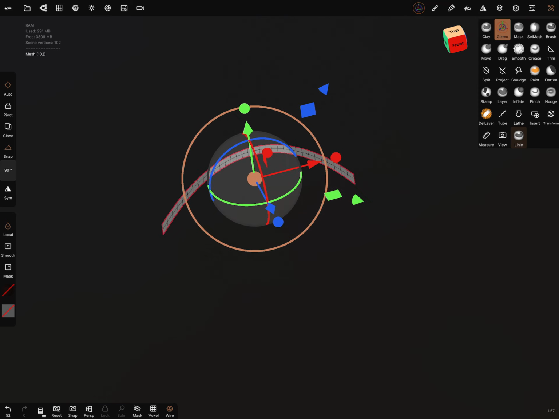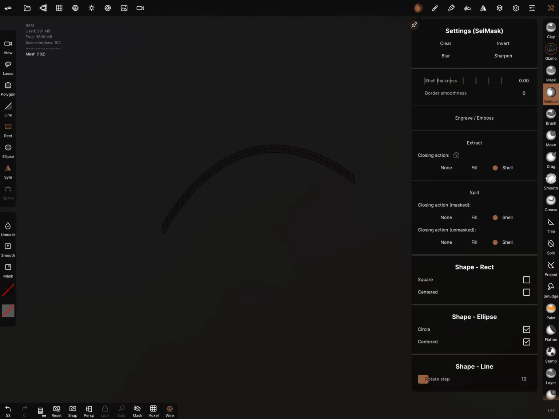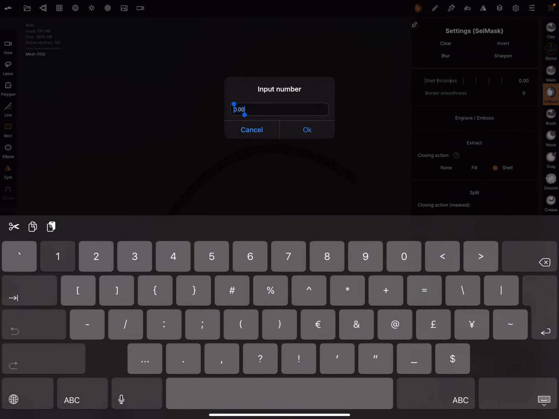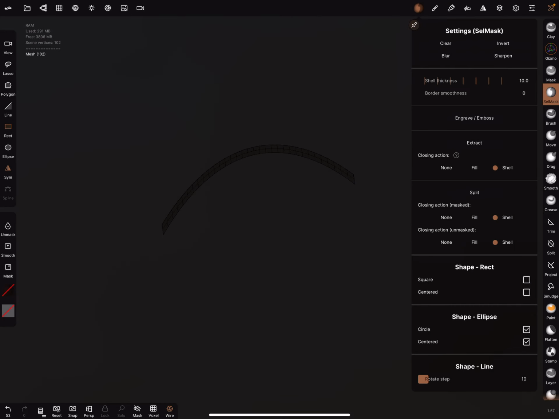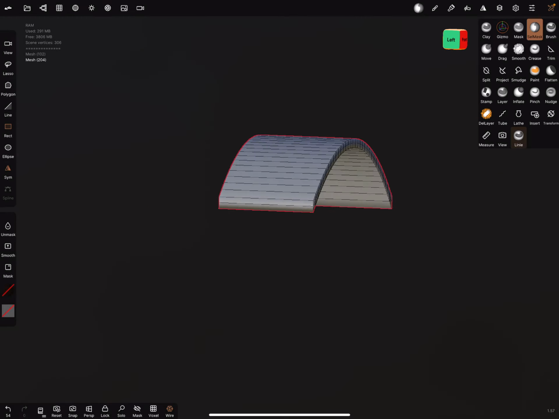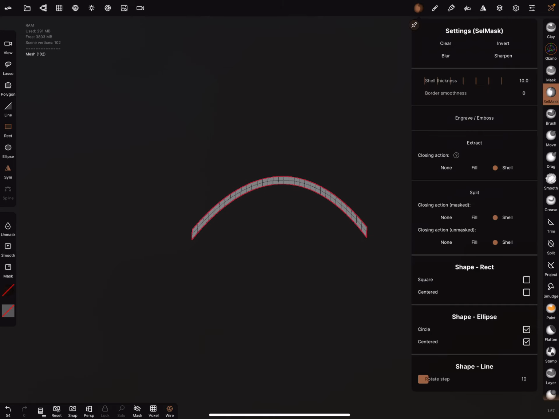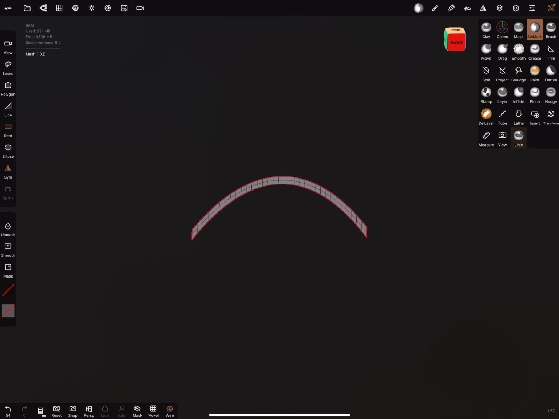And now you can pick the selection mask and extrude it like this, and give the shell a thickness, for example 10. Extract. Now the shape is exact bended. Okay, I go back, I clear the mask, and now I show a few things about the